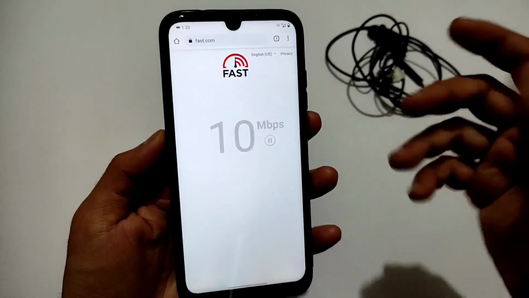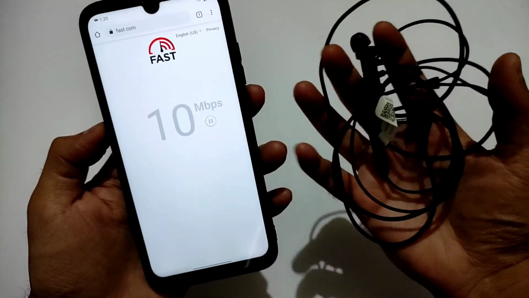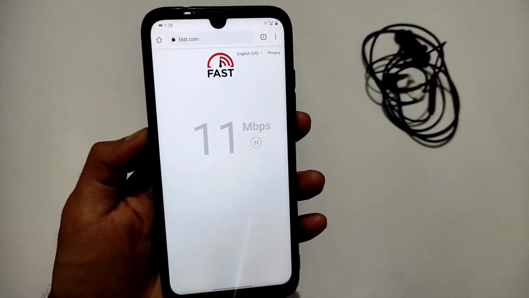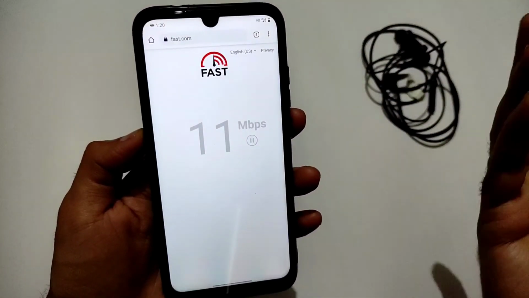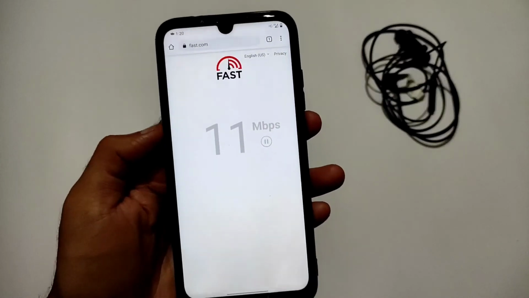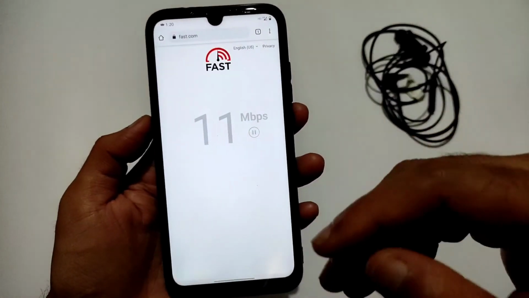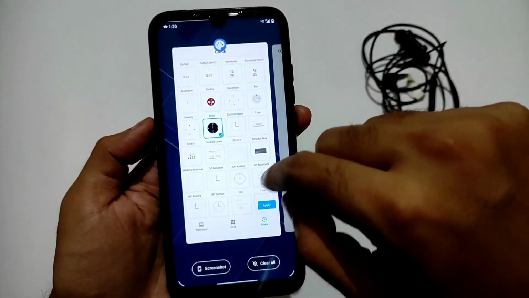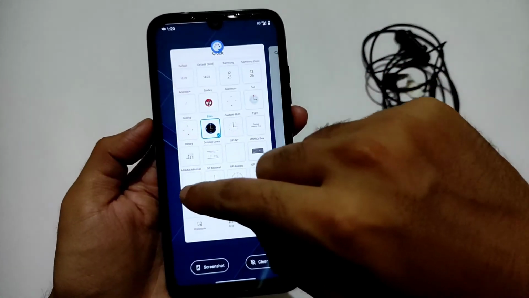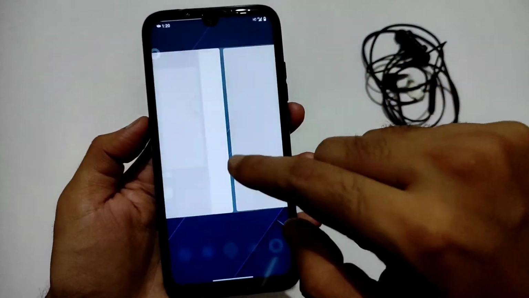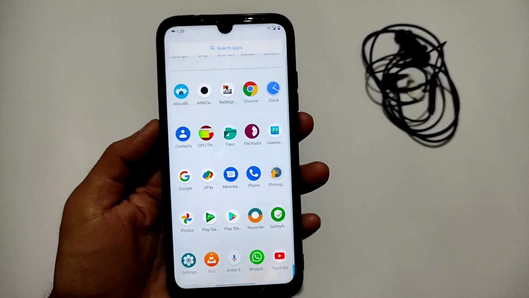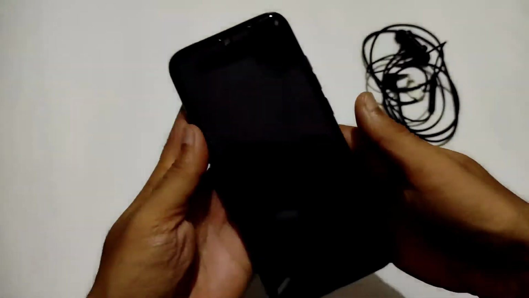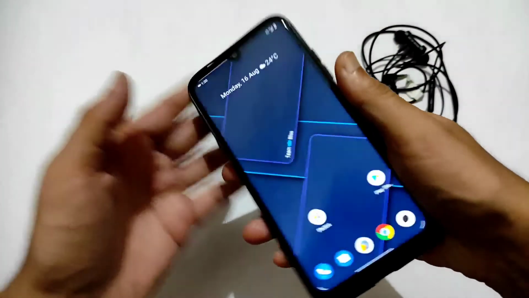That's how the performance is, and even the earphones and Bluetooth earphones work fine, no problem in latency or anything like that. It will have latency only with Bluetooth earphones. It's going to be the same, nothing more degraded. Yes, you can use it as a daily driver. This ROM is exactly like Lineage OS, but it's an official one. You can definitely try it out. Even FM radio and the fingerprint scanner are working fine.